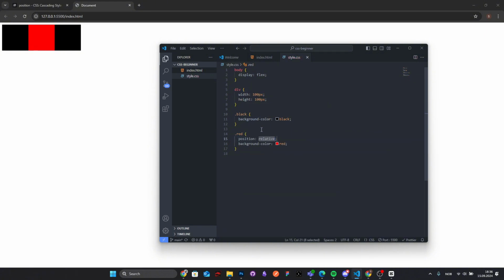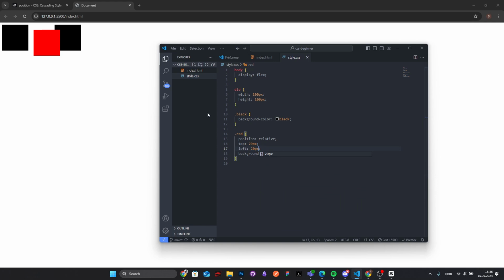When I put position relative, you can see that nothing really happens, and that's because you need to declare a property and value. For example, we want to move it top 200 pixels away from the top. Maybe that's too much. Let's do 20 pixels like that, and from the left side we want 20